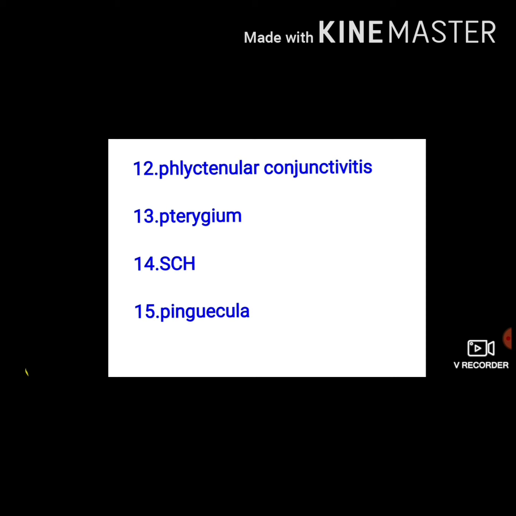The next question, subconjunctival hemorrhage. This is nothing but collection of blood in the subconjunctival space. The causes are, it can be secondary to trauma, few viruses like picornavirus, pneumococcal infection or leptospirochetes can also cause subconjunctival hemorrhage. Sudden venous congestion of the head, even diabetes and hypertension, bleeding disorders and bleeding diathesis, all these can cause subconjunctival hemorrhage. In subconjunctival hemorrhage, it's always important to look for the cause.